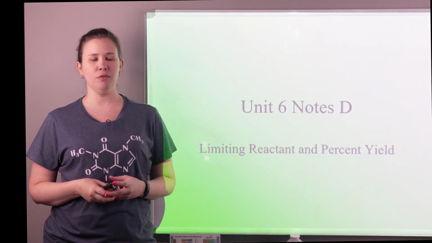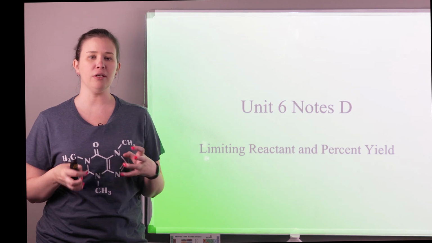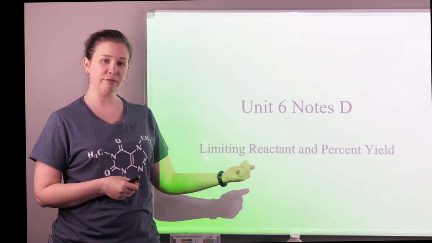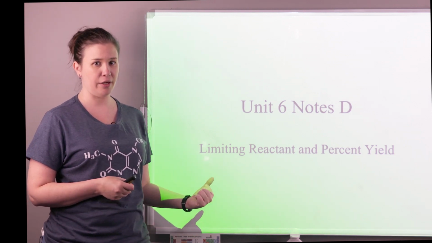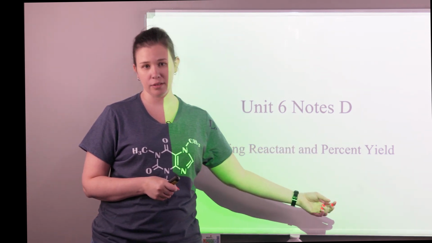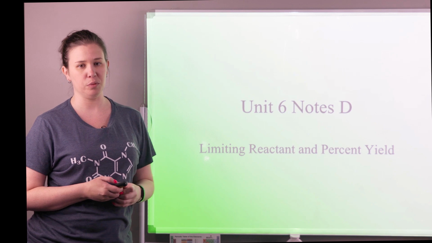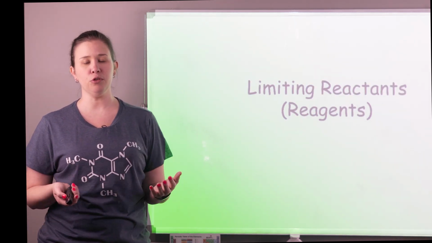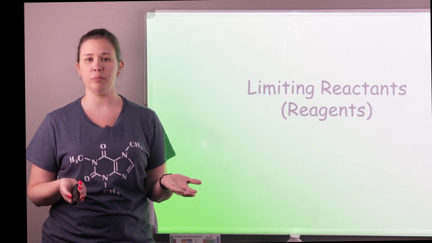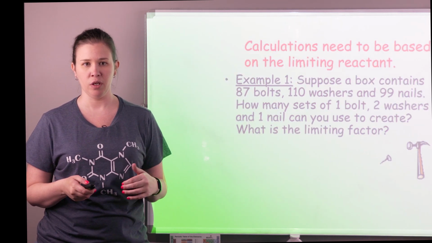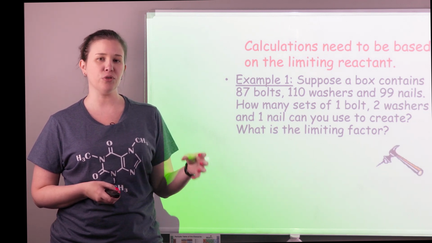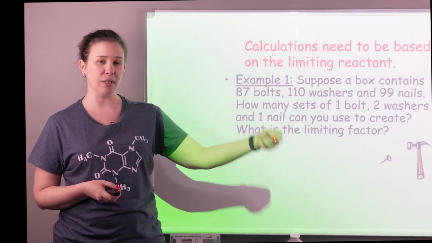In this last section of Unit 6, we're going to take our stoichiometric calculations and use them to determine the reactant that's going to run out first, therefore limiting the reaction, and then how much product can be formed with a calculation called percent yield. So let's start with the limiting reactants. Dealing with chemicals, you may also hear this called a limiting reagent, same thing. The idea here is that one thing will run out and therefore stop the reaction from being able to continue